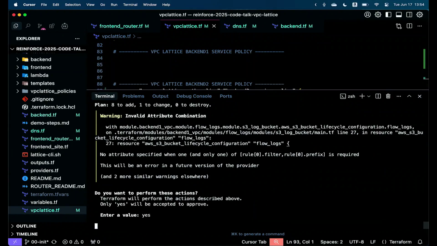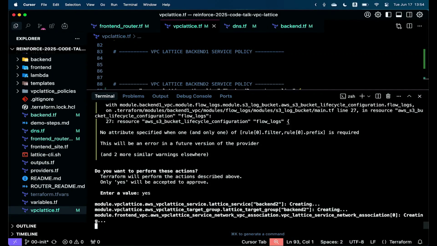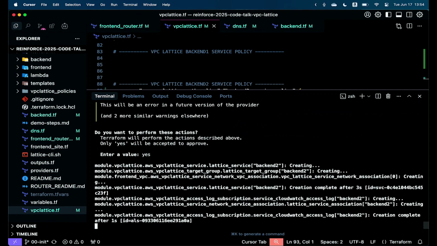Yep. Would PrivateLink not solve this problem, because with VPC Lattice, the consumer and the provider both have to